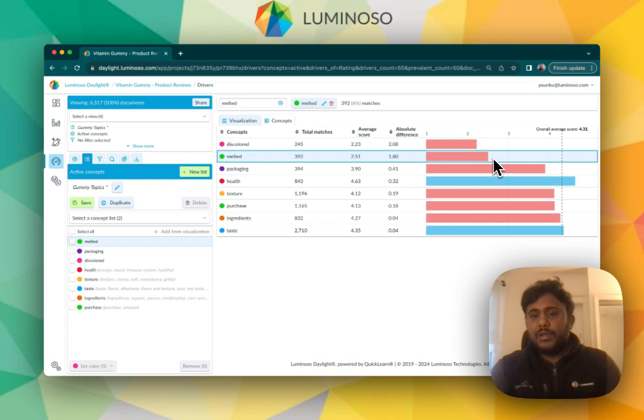So these would be our recommendations: to look into the packaging, to look into the formulation. So basically to do a deep dive into the company's supply chain